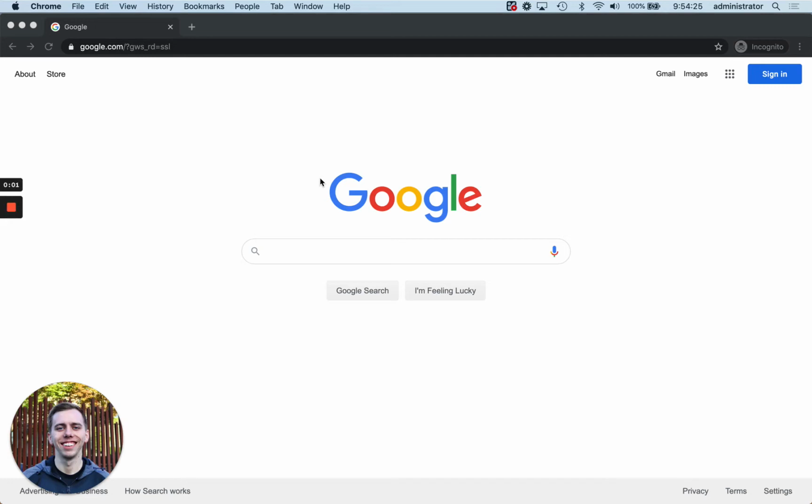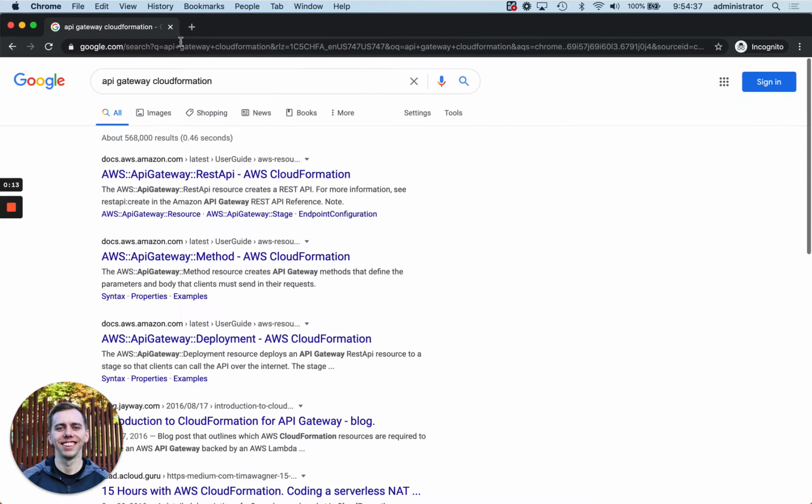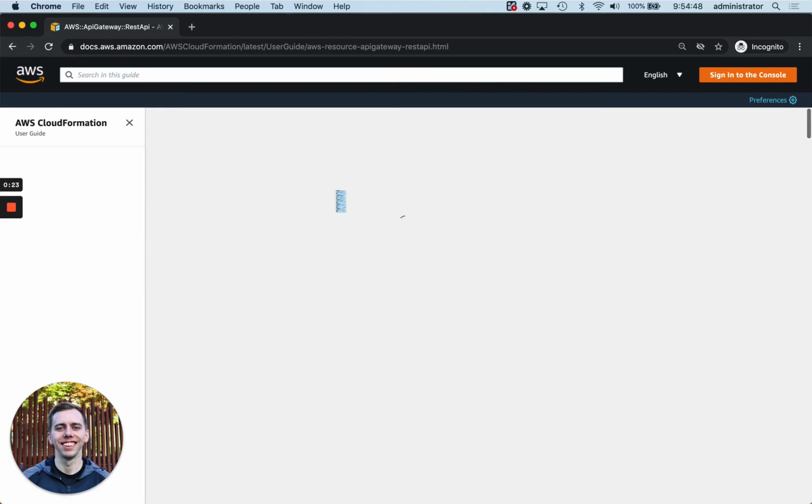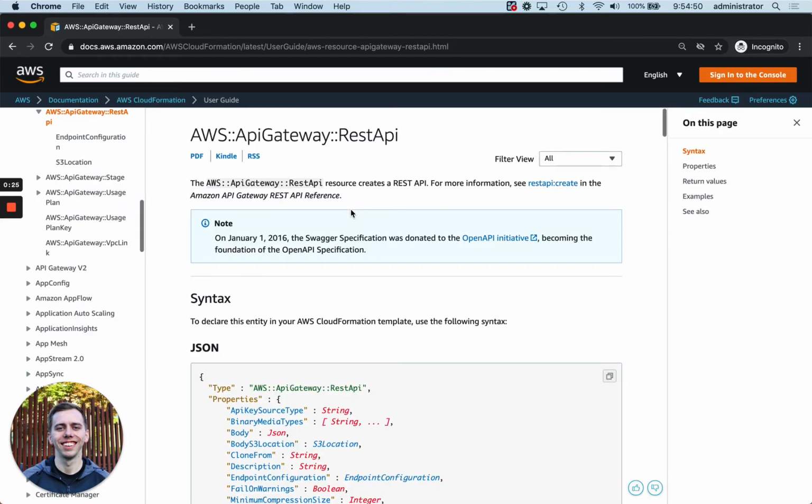Hey, this is a quick video showing how to search CloudFormation. So what I'm going to do here is search. Now I have a couple of options here: the REST API, the method, deployment. A lot of IaC frameworks are going to take care of this for you, but let's just jump into the REST API part. And so how I would go about reading this documentation, no matter what the service would be,